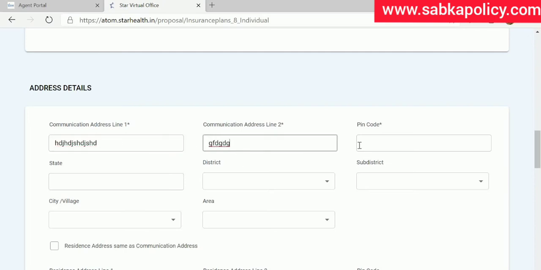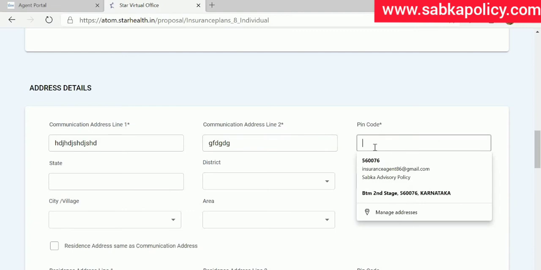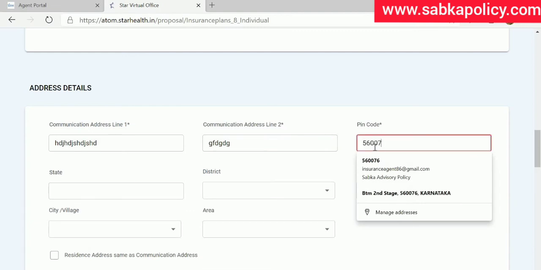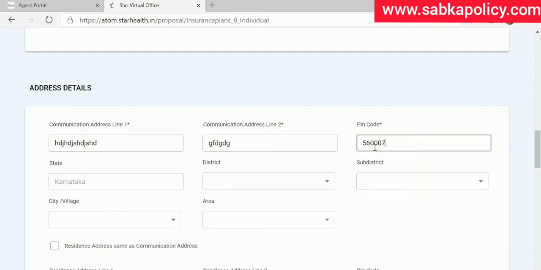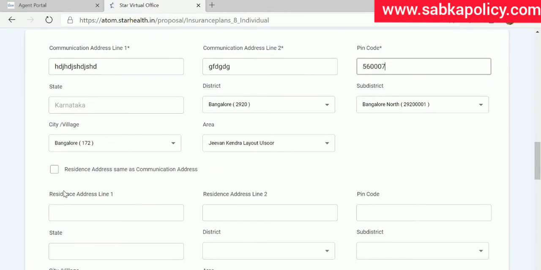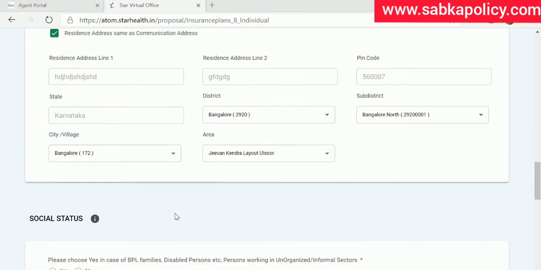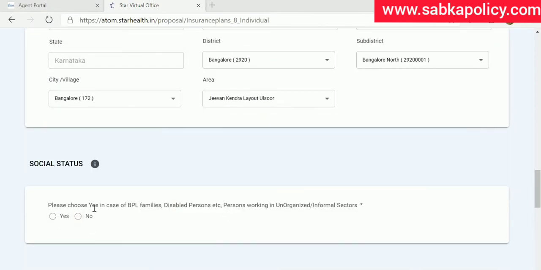Anything, pin code, and then it will take all the information here. Then select the residential address, same as communication address. Then we have an option, please choose yes in case of BPL family.